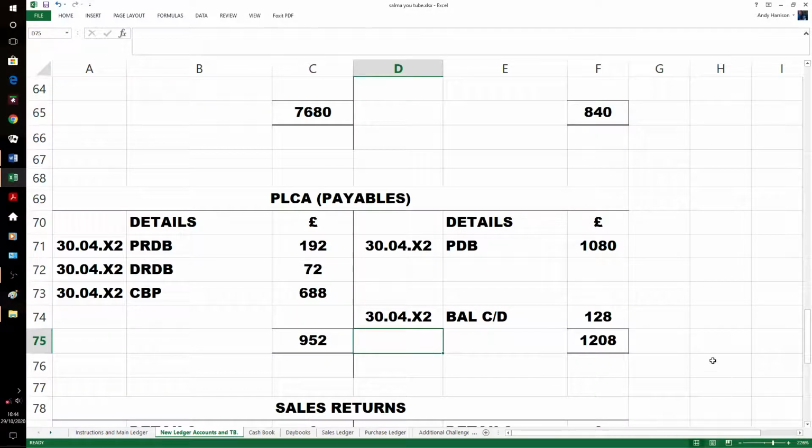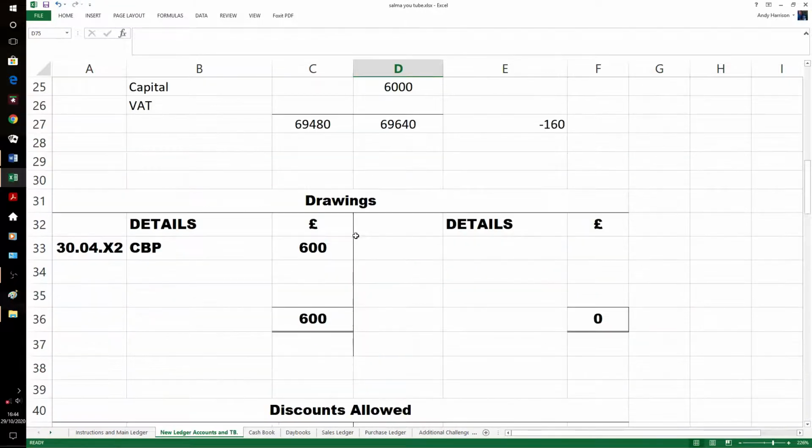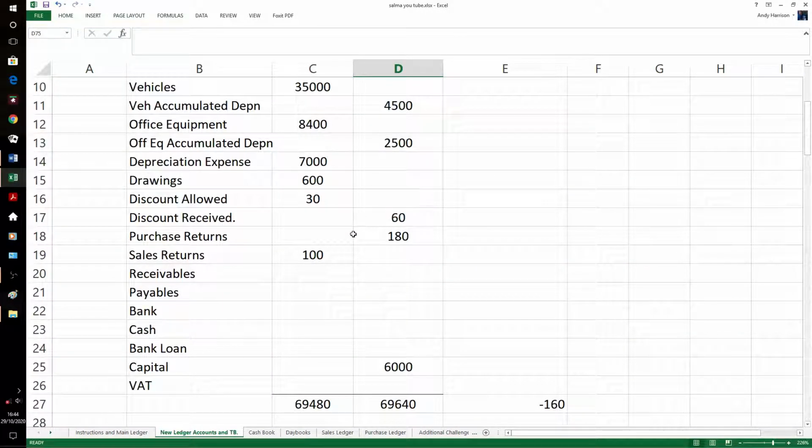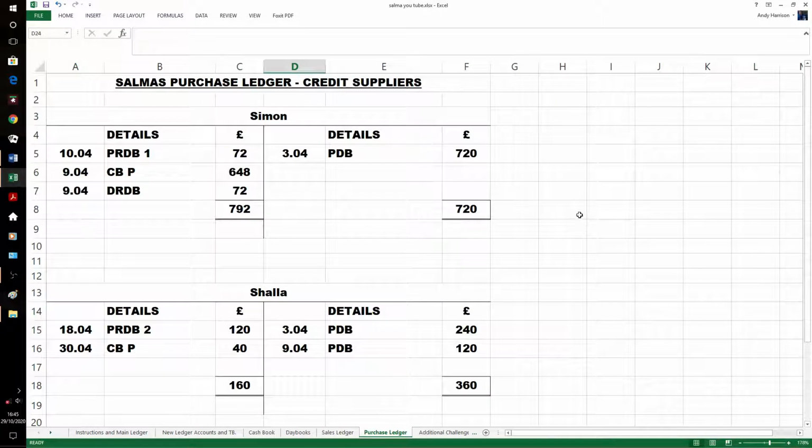Now that's 128. Oh, actually, that's the payables. I will do that one anyway. I said sales ledger and I've actually added this one up. Now whilst we're at it, so payables 128, our purchase ledger, if we have a look balanced off, we owe